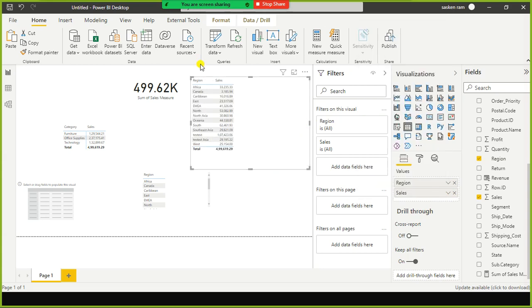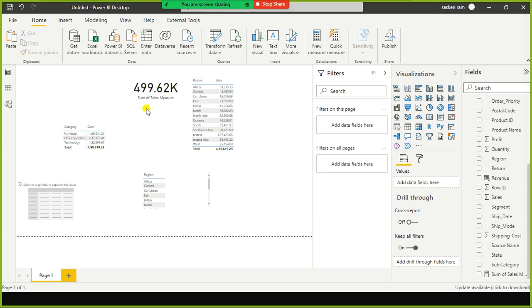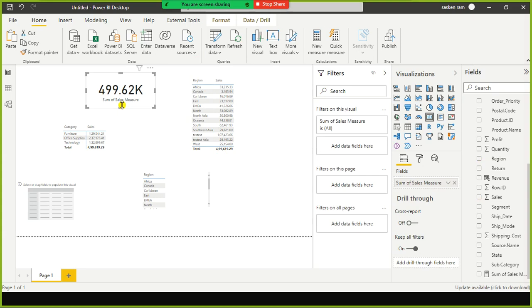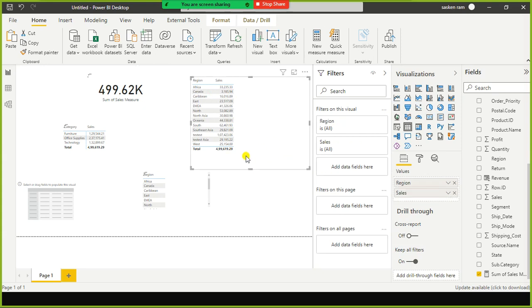But in Excel, can you do it like this? In Excel, for example, if I give you one number like this and tell you this is the total sales, can you give me the breakup of this, or by region? If I ask you this question, what do you have to do? You need to take another Excel sheet wherein you have the detailed sales for each month, and compute the sales for each and every month. You cannot do some kind of group by, right? It's not that easy. But when it comes to Power BI,